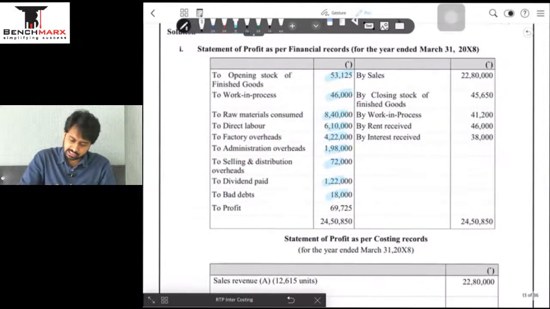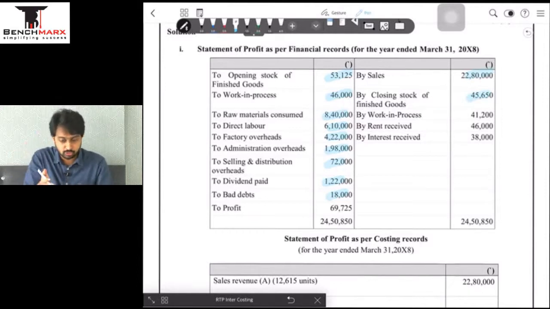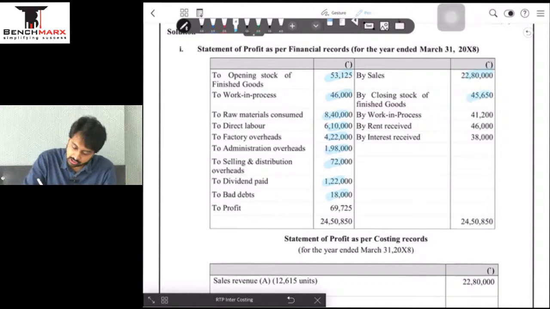So let's not waste time here. Then go on the credit side, sales. Take sales from there, post it here. Take stock of finished goods, post it here. Valuation उधर दे के रखा है अपने को. Okay, don't use the valuation of costing here because we are doing financial records. So obviously it will not be a part of these records. WIP take figures from there, rent received income comes from there, interest income comes from there,